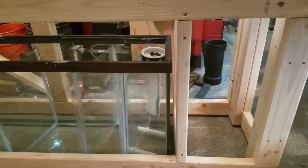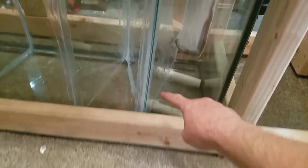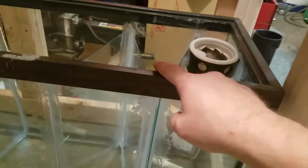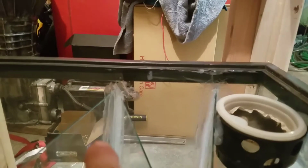Sometimes it's easier to put it on video. So here's the plan. Water enters here, travels under the glass, travels up, height difference, here, this is lower, then travels down to the gap, teeny tiny gap, about a half inch, media chamber,